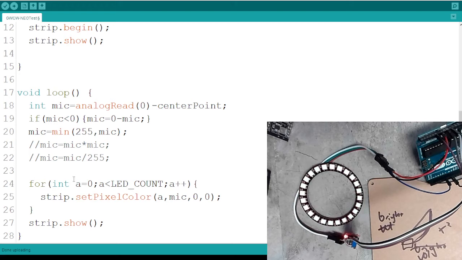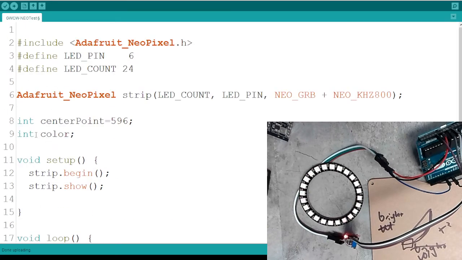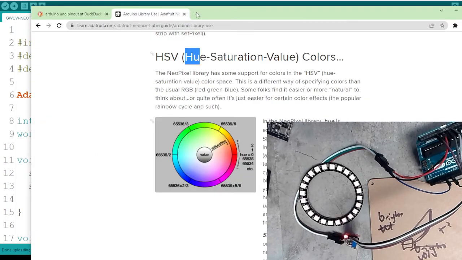And every time it runs this loop, we're going to do color plus plus, which takes that color value and just adds 1 to it. Oh, it can't be an integer. It's got to be a word. And that's a little bit tough to explain, but I'll try to explain it to you real fast. Okay, let's go to